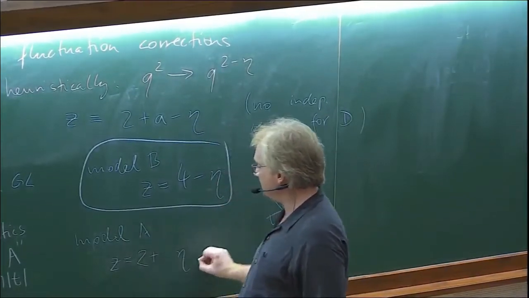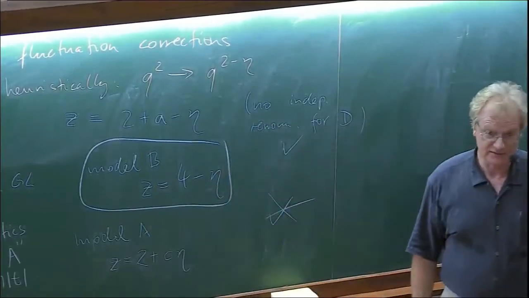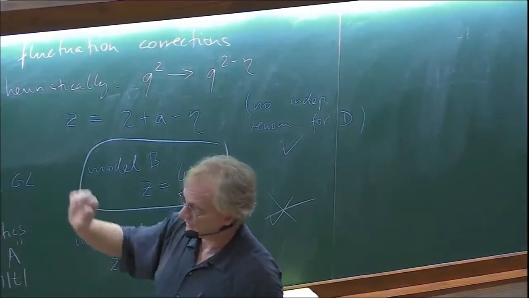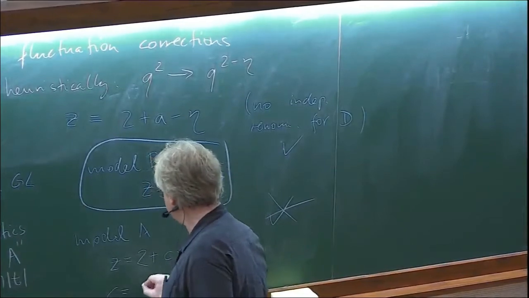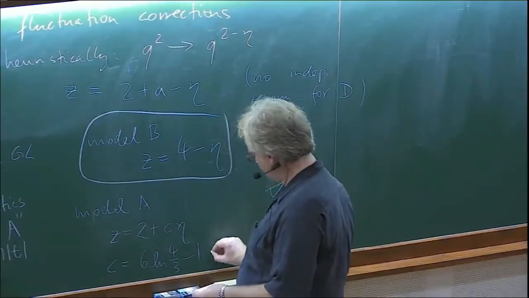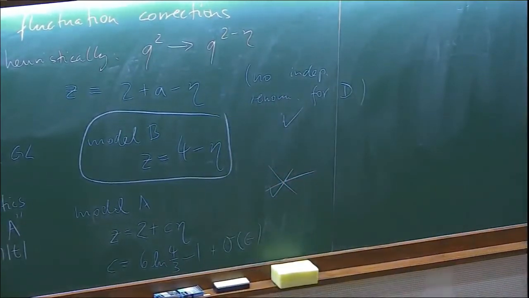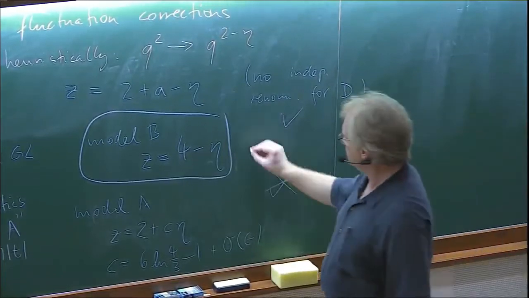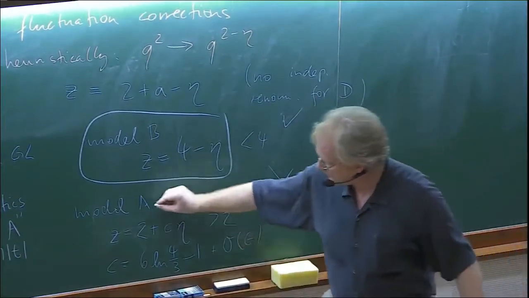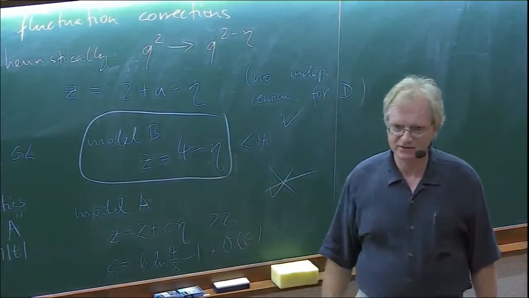They're still of order eta, but with a plus sign, and people write this with a correction factor C, which is positive. And if you compute this correction factor, for which you need a second order epsilon expansion, it takes the form of 6 log 4/3 minus 1 to lowest order. So this is larger than 2, this is less than 4, this is larger than 2. And so here fluctuations speed up things a little bit. It's not too big a correction, but it is a correction.